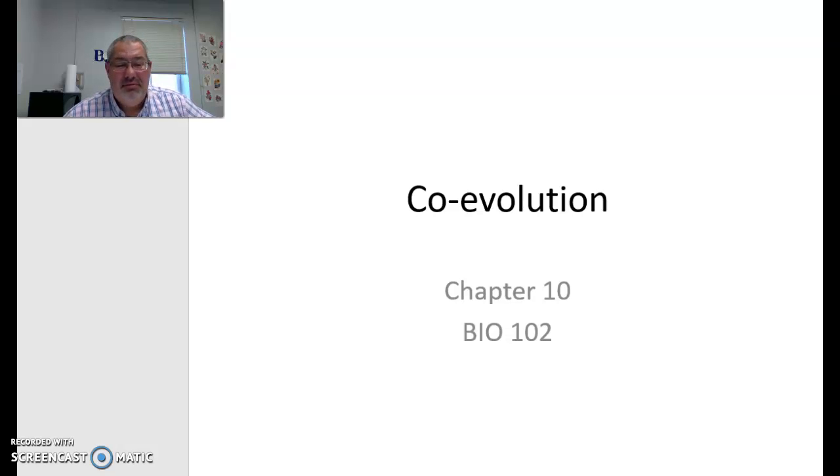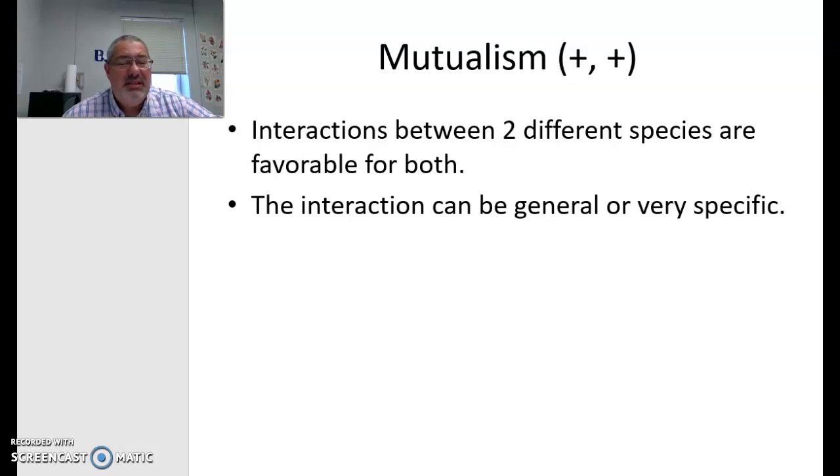Good afternoon. Going to pick up with video 2 and talk about some more species interactions as we complete the chapter on coevolution. So let's pick up with the most beneficial association called a mutualism, where each individual in this association benefits. This type of interaction can be very specific, an obligate mutualism, as in a lichen, where a